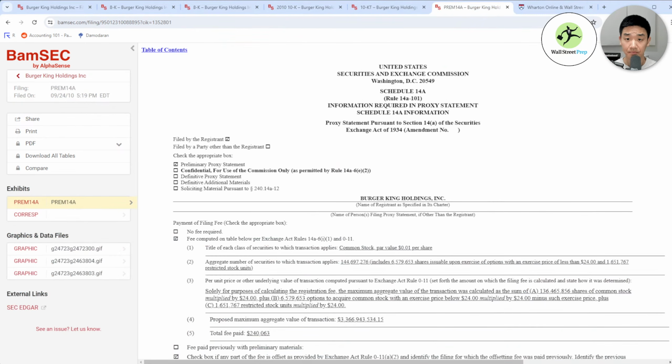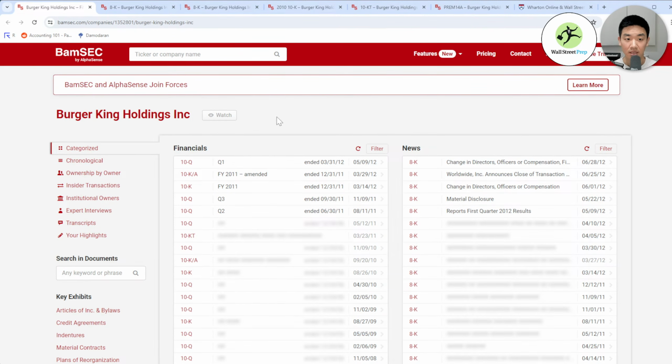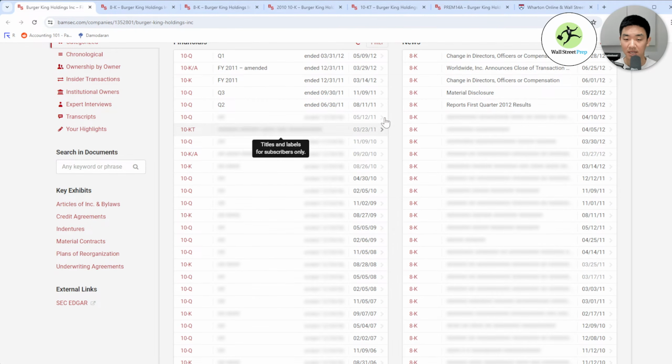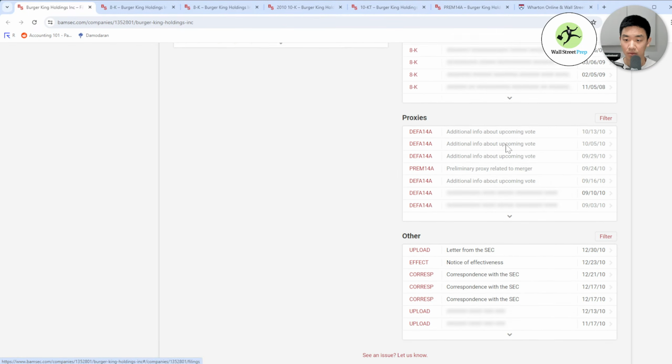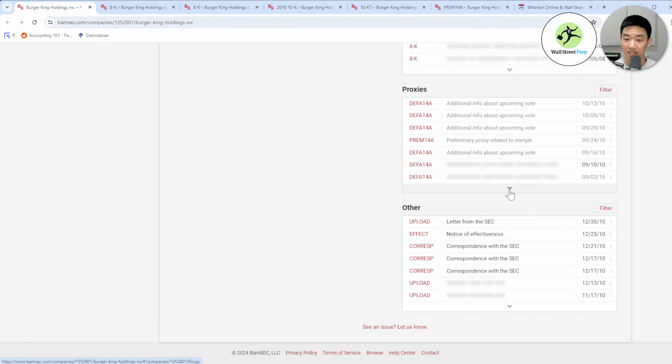Okay, so let me go a little bit into why I think, again, taking capital leases out also makes sense. So we're going to go into this proxy statement. This is called the prem. Actually, I don't really know how they call it, but usually I think it's DEFM14A. This is preliminary 14A. Normally if you have BamSEC, then you can see what all of this says, but I didn't want to pay for it. You can still access everything, you just don't see what the titles are. But you can guess where they are, right?